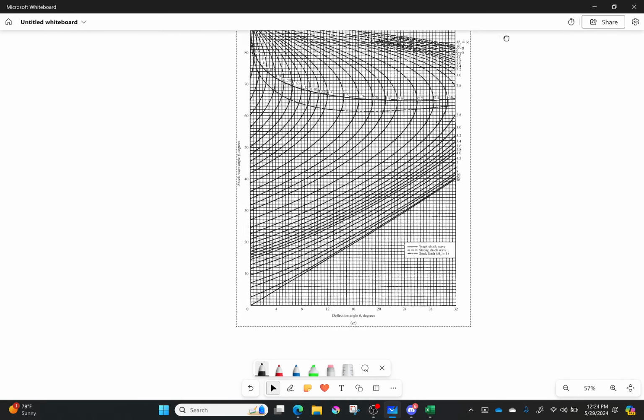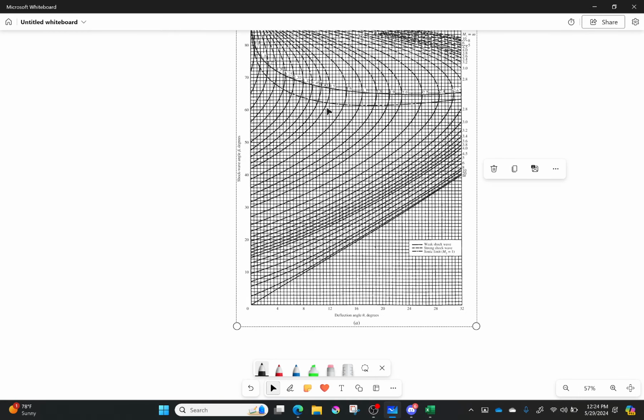Let's make it a little bit bigger, though. Okay, so we know that our Mach number is 2.4, which luckily for me does occur on this. So I'm going to go ahead and highlight that right there. That's 2.4. And I'm going to do what I usually do, which is I'm going to draw a red line